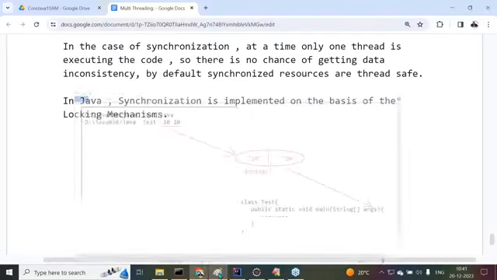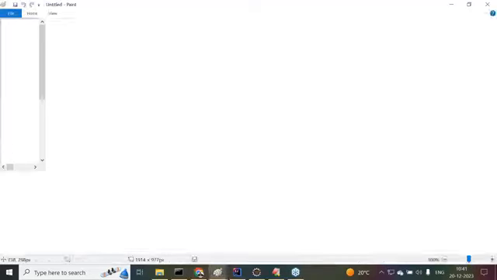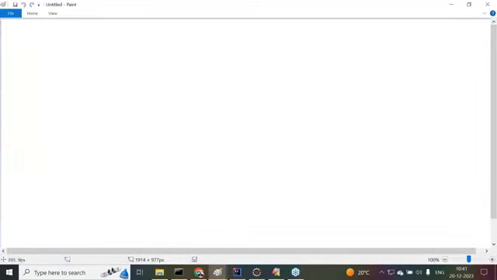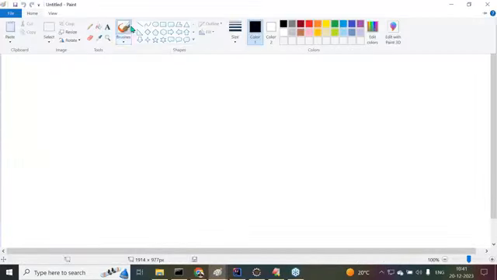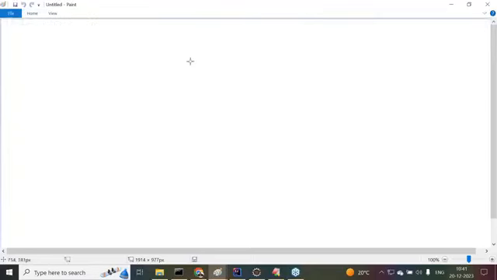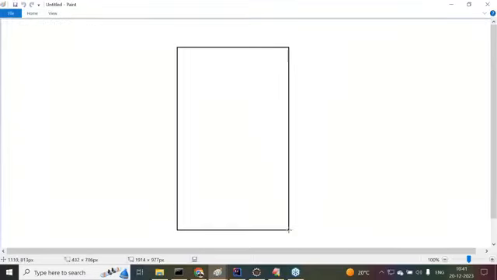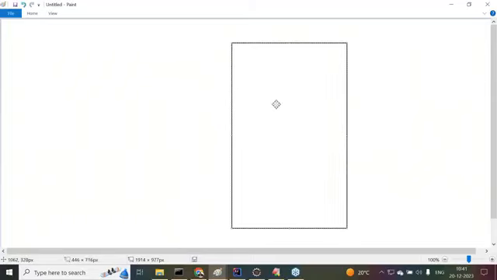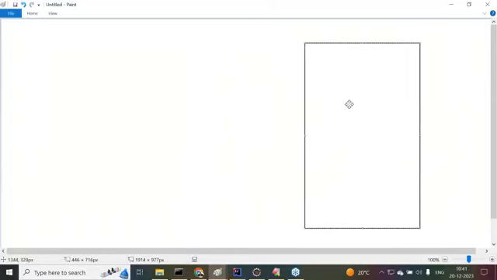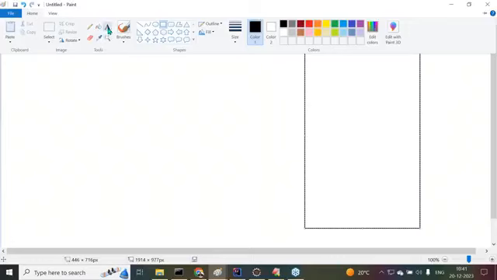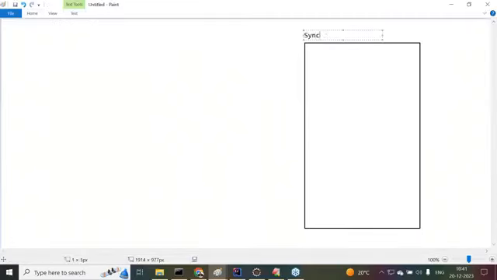I want to take an example here. For example, this is the code we have, this is a program. This is synchronized code, the synchronized area. There I'm going to implement it.